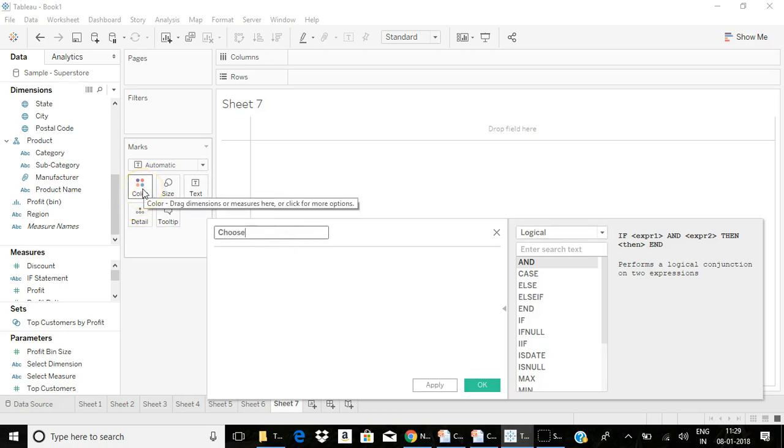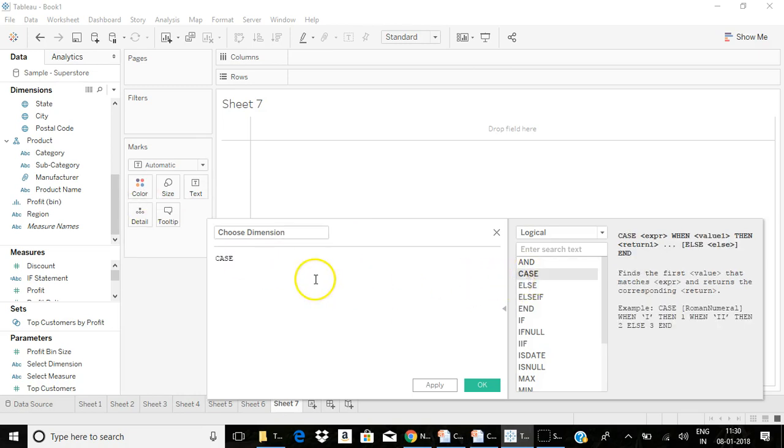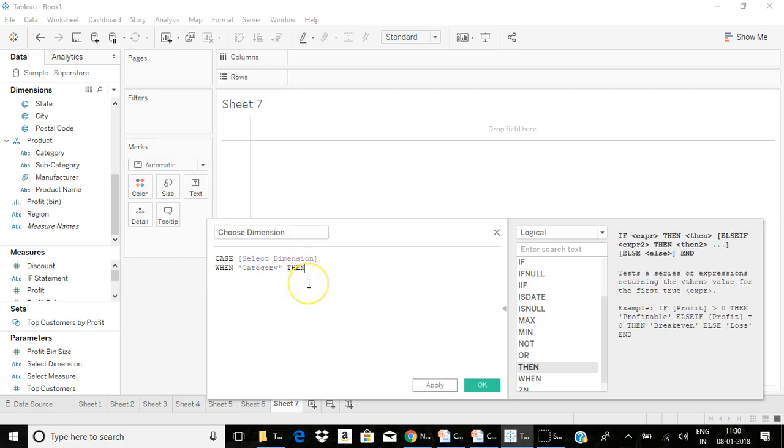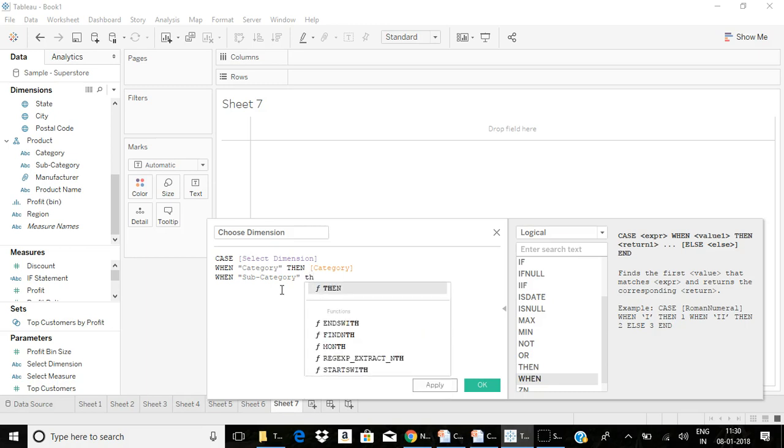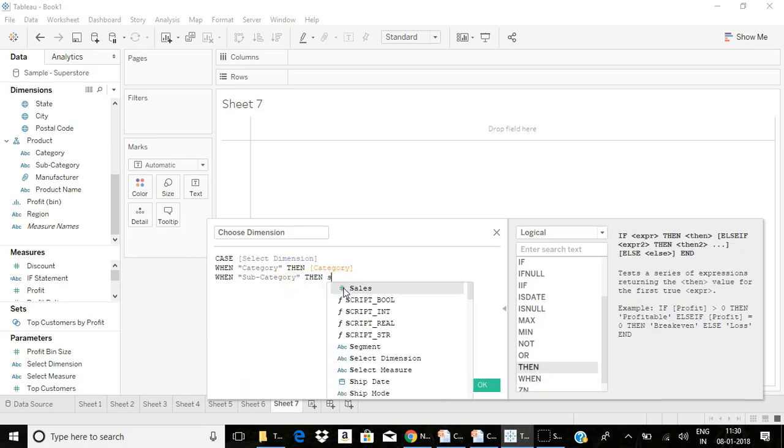Let it be choose dimension. Case, call that parameter select dimension. When select dimension is equal to category, then I call the category dimension. Same for the others also. When subcategory, then subcategory.